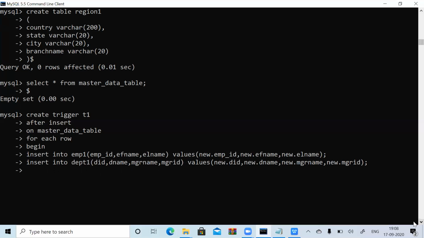Okay, that's better to write in Notepad. Insert, don't worry, insert into region one. So in region one, here only, no need to go up again. So what is that? Country, state, again city, again branch name, your respective values, new dot country, new dot state, new dot